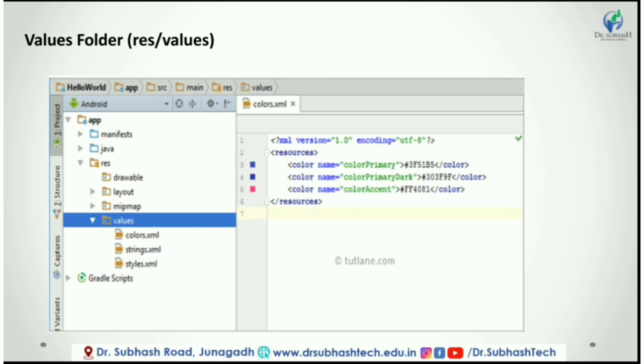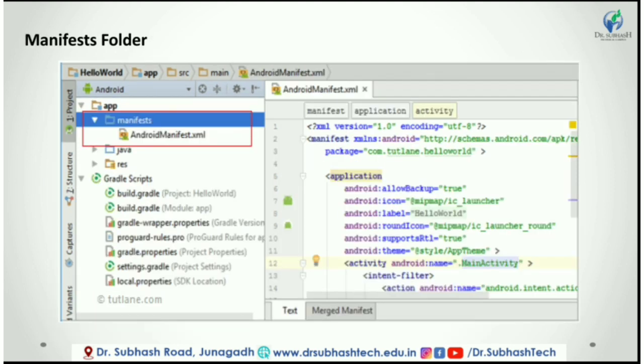The next folder is the manifest folder. This folder will contain a manifest file, AndroidManifest.xml. For our Android application, this manifest file will contain information about our application such as the Android version, access permissions, metadata, etc. of our application and its components. The manifest file will act as an intermediary between the Android OS and our application. Following is the structure of the manifest folder in the Android application.